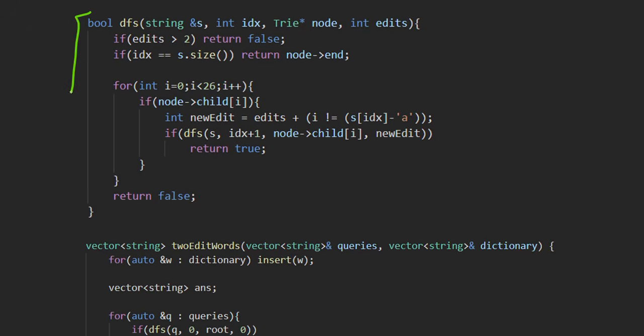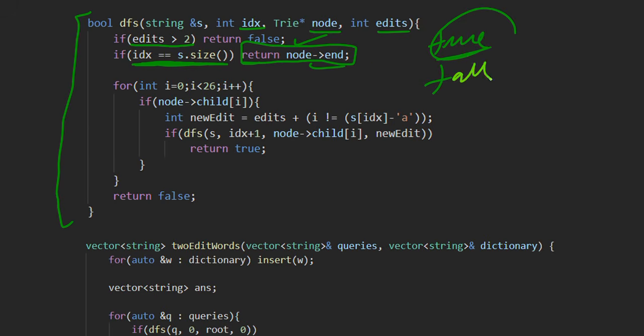Then we have the DFS function that will take the index, a node, and the number of edits. If the number of edits is greater than 2, then we return false. Else if the index is equal to the array size, then we return node arrow end value. If the word has finished, then node arrow end will be true, else it will be false, right?